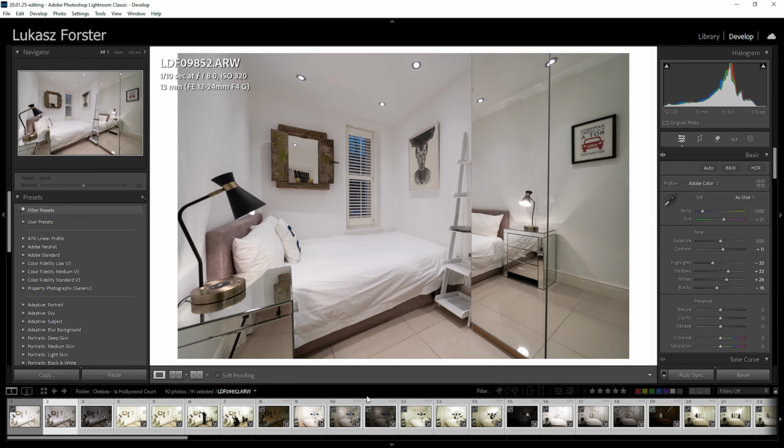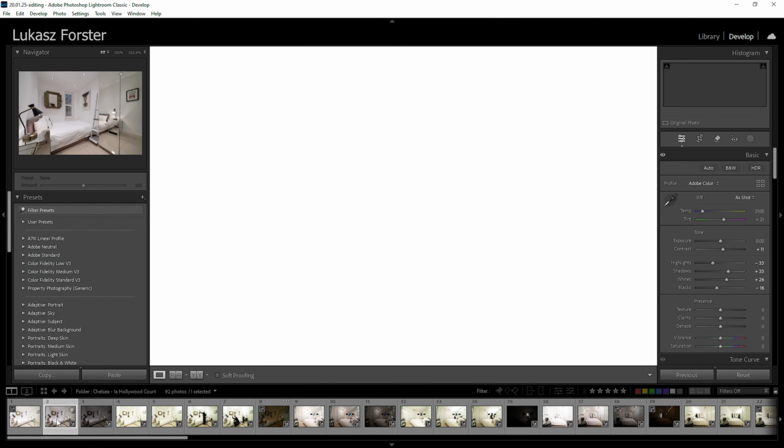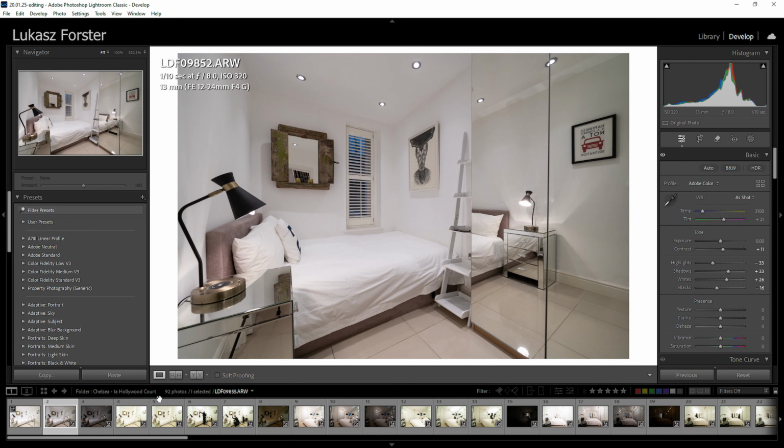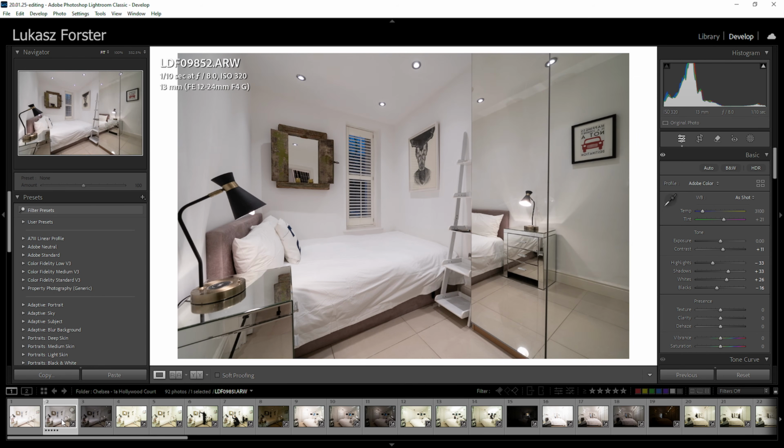And I'm going to press Control D to deselect everything. And I'm going to start marking with my numeric keyboard number 5, just to mark that I'd like to use that photo for editing. Now, we could blend the other 2 brackets and make a kind of HDR photo out of that, but I'm not going to bother with that. We're just going to use most likely middle frames out of all those photos and blend them with our flash